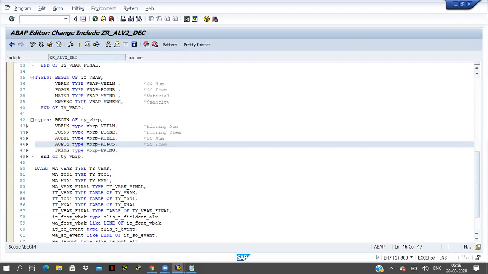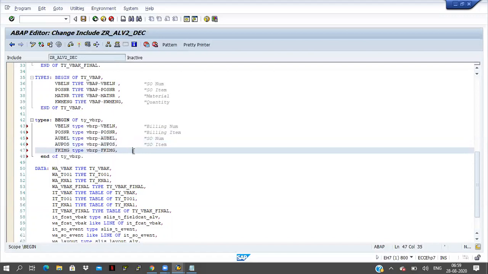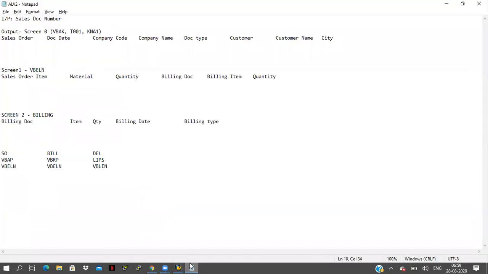So these two fields I will pass to AUBEL and AUPOS here. And this is the billing quantity. Billing quantity, fine.